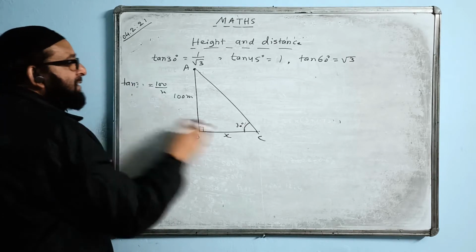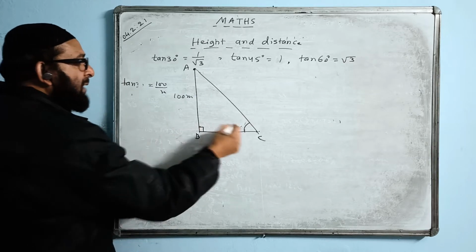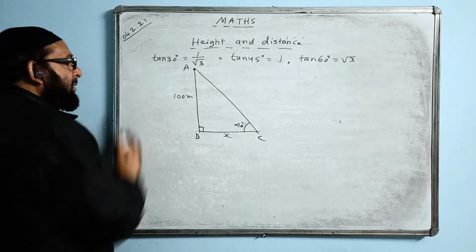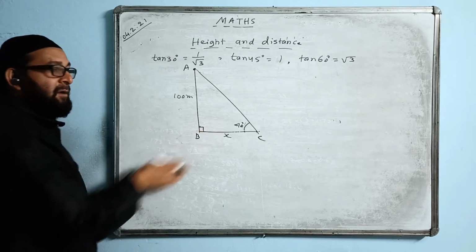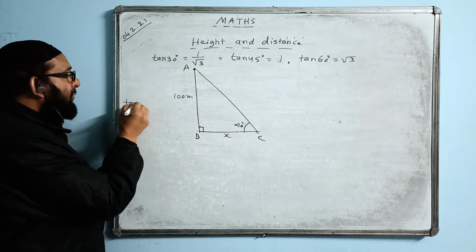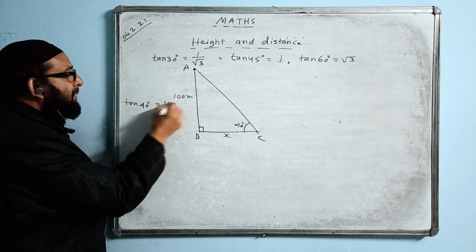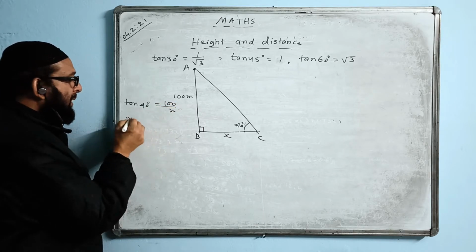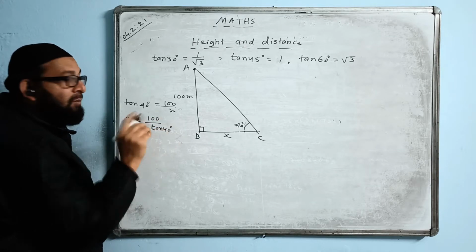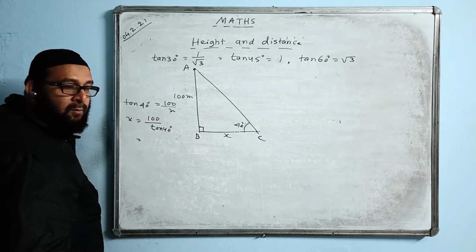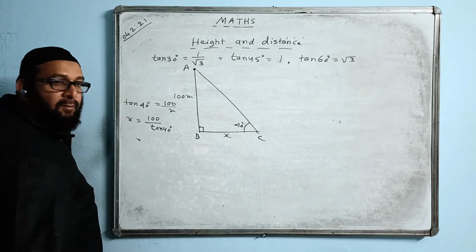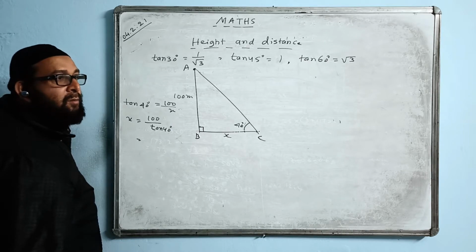Now, sometimes they give an unstandard angle, okay? Suppose this angle is given as 40 degree. Someone must see this one properly. Here an unstandard angle is given. What is the formula you are writing? Tan 40 degree is equal to 100 by x. X value will become 100 by tan 40. Then what will you do now? You have to see the log book. And what value will you see in the log book?